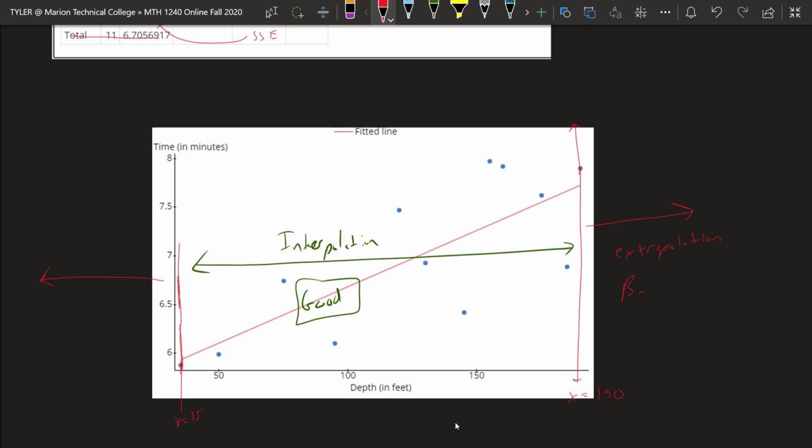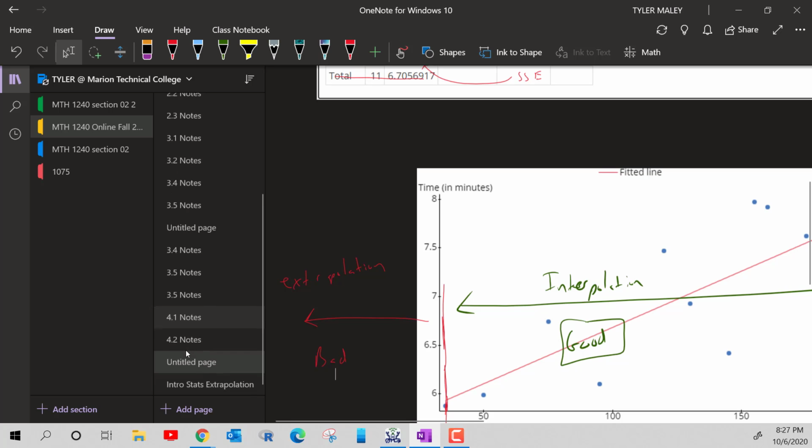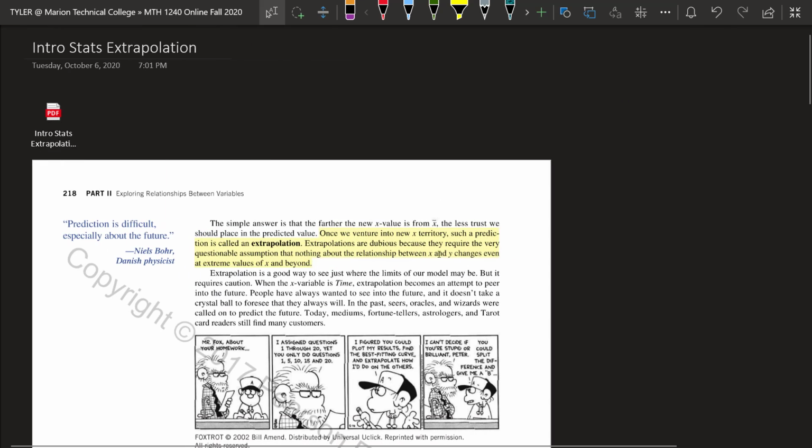So that's bad. Right? And I'm using those terms kind of loosely, you know, good and bad. But the idea is